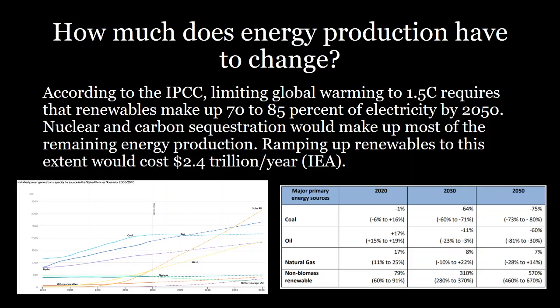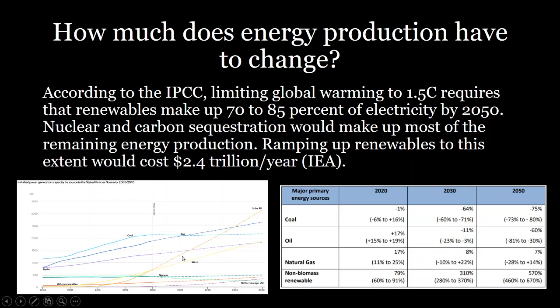Additionally, it's a whole lot cheaper to start producing energy from renewable sources than the, remember, $3 to $7 trillion that was mentioned in the previous video that would be required for only relying on carbon sequestration to supply that fuel. So really ramping up both wind and solar is the most economically viable option that we have in order to meet these goals.